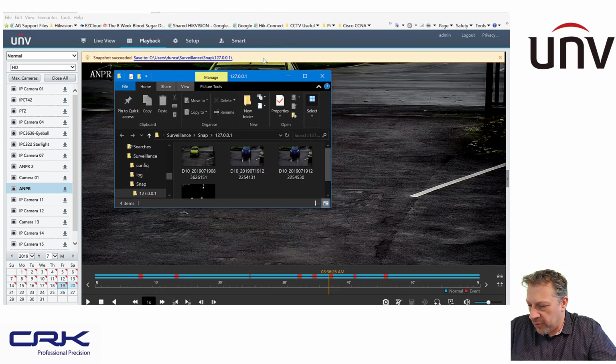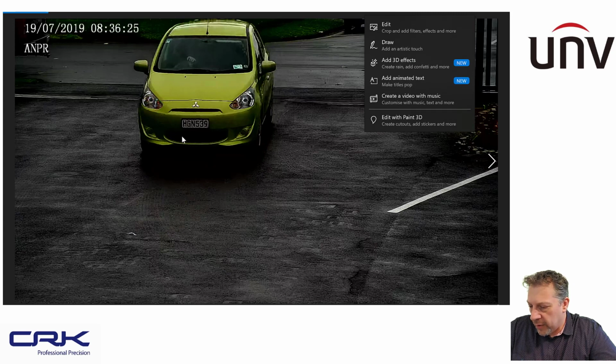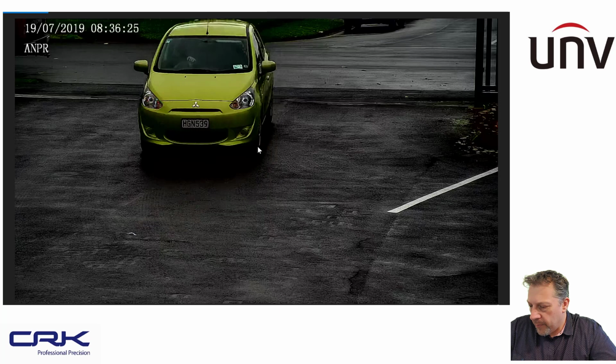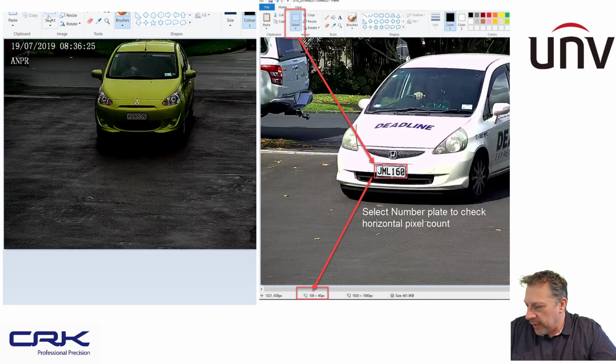So here's my snapshot. So just open that image up, and then I can edit. I think I can do open with, and trusty old Microsoft Paint. There's my image in Microsoft Paint, and I can use this select tool here as I showed you on the